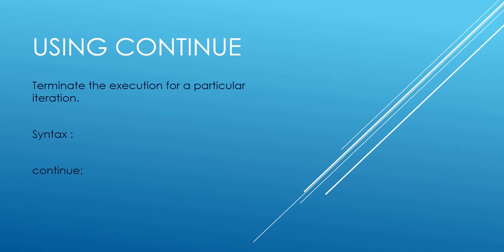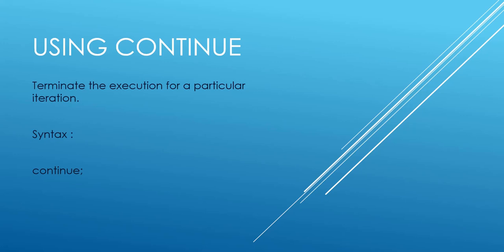The other one is continue. Unlike the break statement, which terminates the loop, ignoring the execution of the remaining part of the code, the continue statement, on the other hand, continues the running of the loop but stops the processing of the remaining code of its body only for a particular iteration. That is, at times if you want to skip the execution of the code after the continue statement only for a particular iteration, then there comes the usage of this continue statement. We can better understand this with an example.